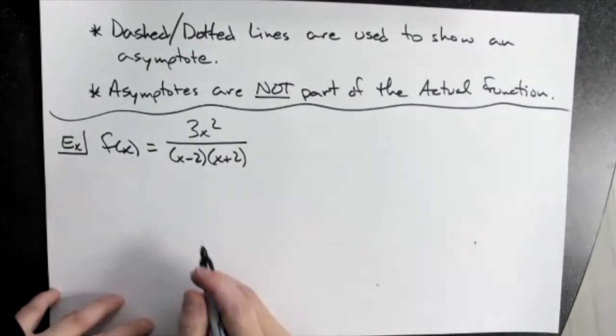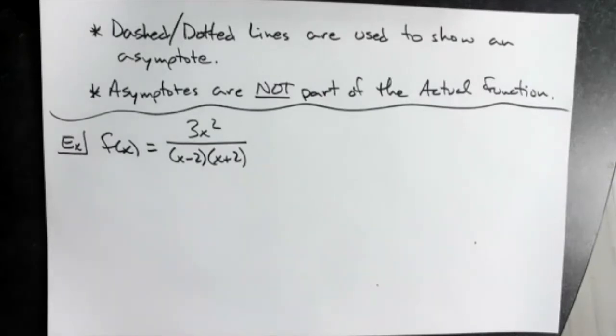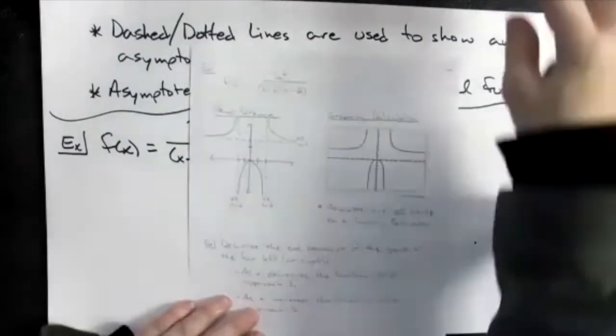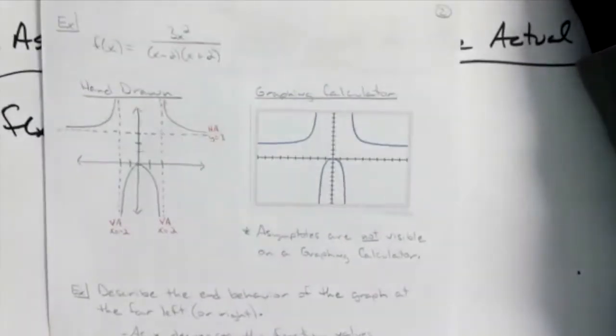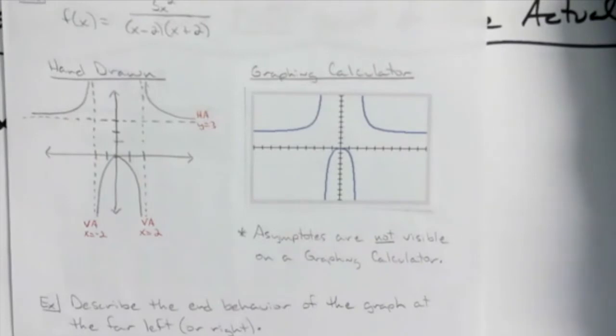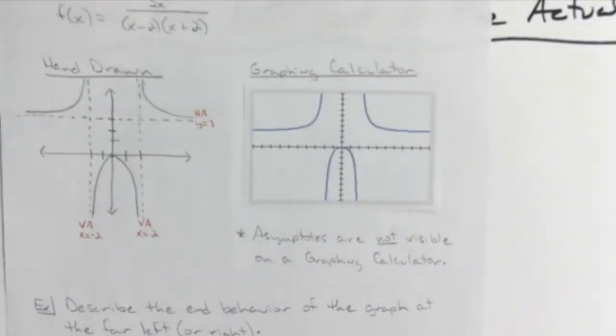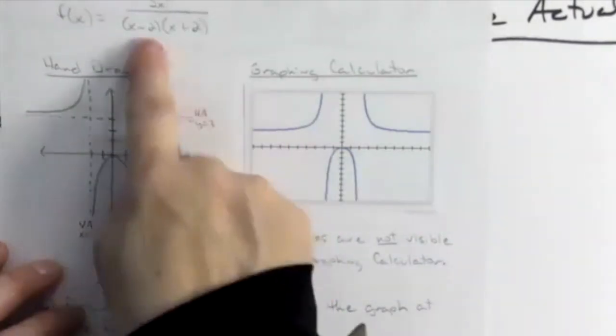Now, when we hand draw this, well, here, let me not hand draw it. Let me just do it this way. I want you to see the difference between hand drawing and what you're going to see in the graphing calculator. Without actually pulling up a graphing calculator, I have a printout of one. There we go. So when we hand draw this,